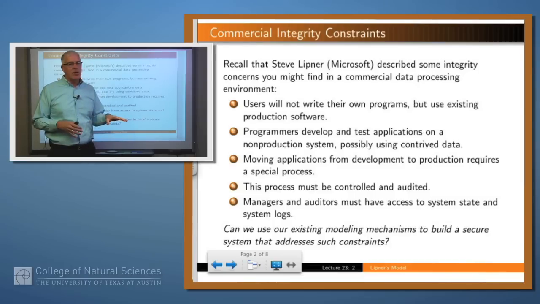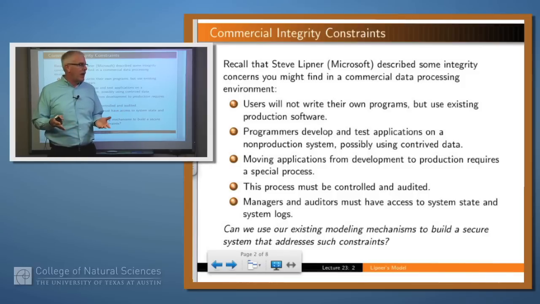You certainly don't want the programmers messing with the production software, and you don't want the tellers doing development. You want to keep these two sides independent from one another, but you also want a way in which software, after it's written and tested carefully, can be moved into the production side of the house. That's the sort of environment Lipner was talking about.